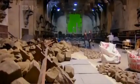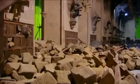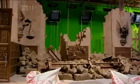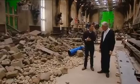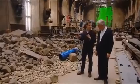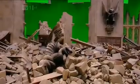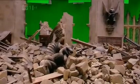It took the rubble makers 3 months to make 400 tons of fake debris. Then it took 10 people 3 weeks to dress it into the set. I love destroying things. Is there a part of you that gets very satisfied when you think, right, we're going to take something? How do you go about dismantling this? I know this is all careful, but is someone actually got a mallet or a hammer at some point and